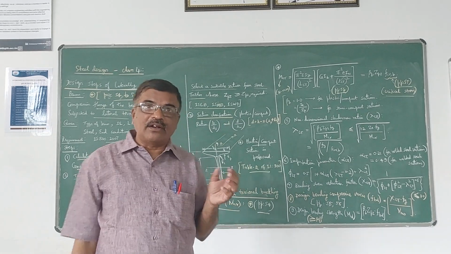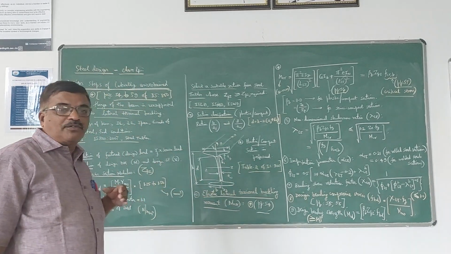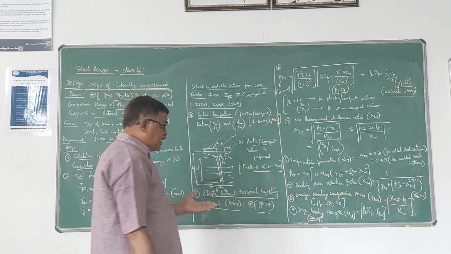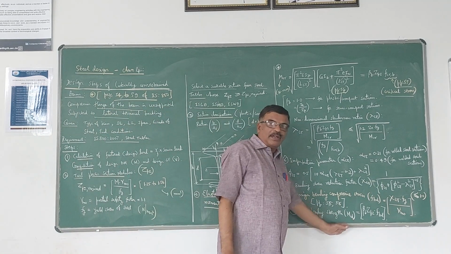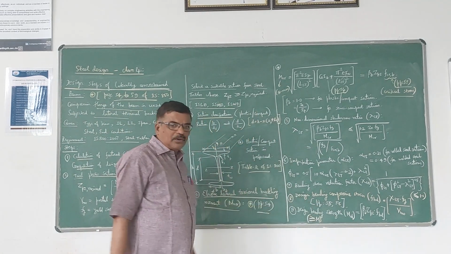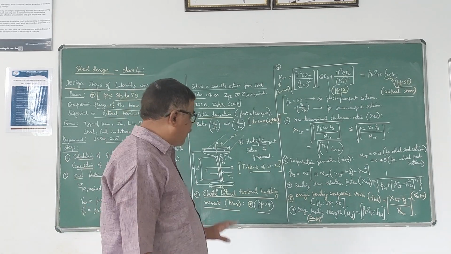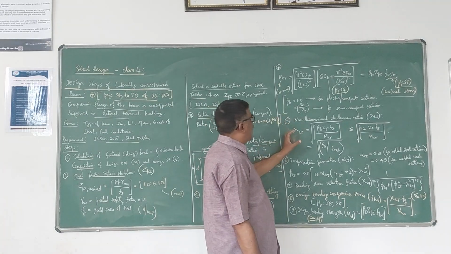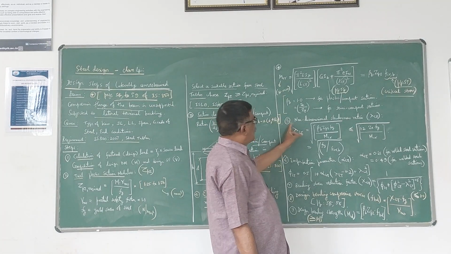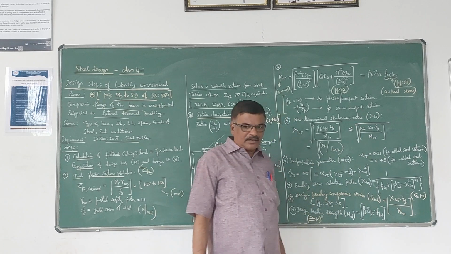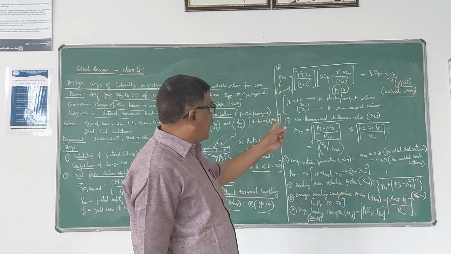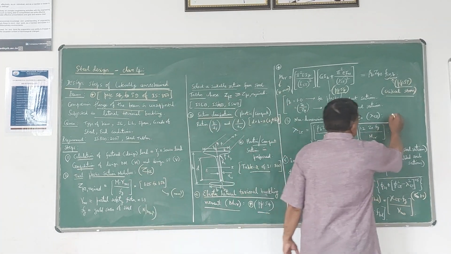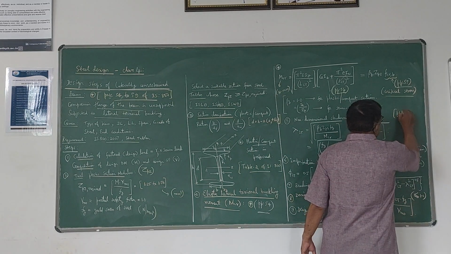So here after calculating MCR, we have to get the value of MD. MD is the final value, it is the design bending strength. It should be greater than or equal to your maximum bending moment. So for calculating MD, you require MCR. Next step is after getting MCR, you have to calculate one more non-dimensional slenderness ratio, which is there as lambda LT. Once again, this is obtained in page number 54.